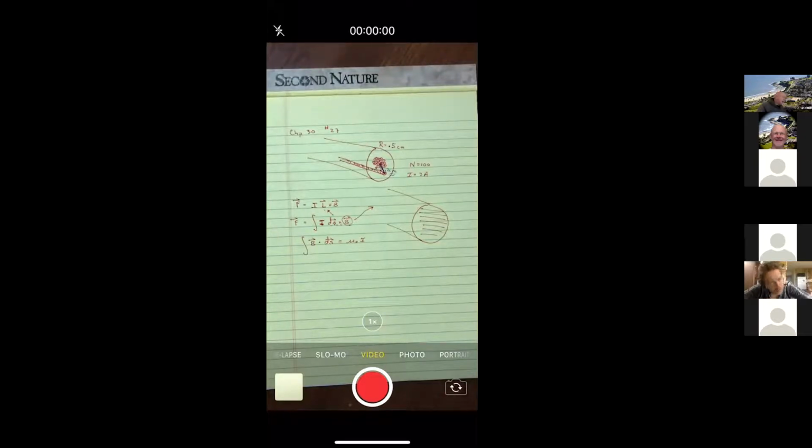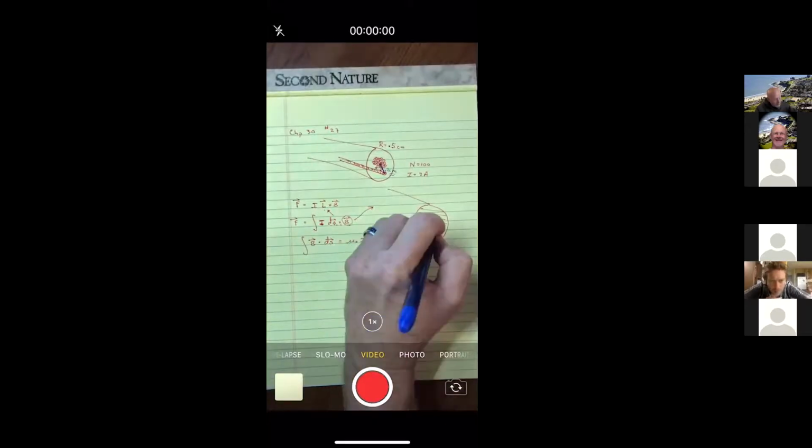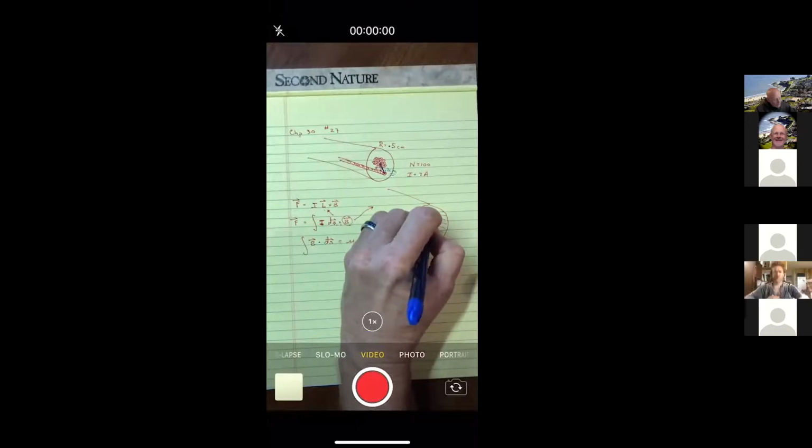Now that I got my colored markers, he was drawing Amperean loops in blue. Okay, so grabbing my blue here, if I were to make an Amperean loop